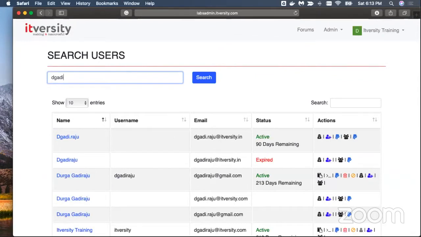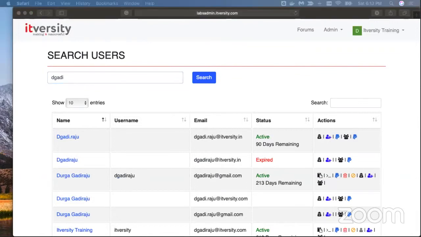Yeah. Probably it might have gone to spam. No, it is not even in spam. Typically, I should get the email. Let me see. No, I'm not getting the emails. Probably there could be some issue, but typically whenever I give a new email ID, I should have got the email